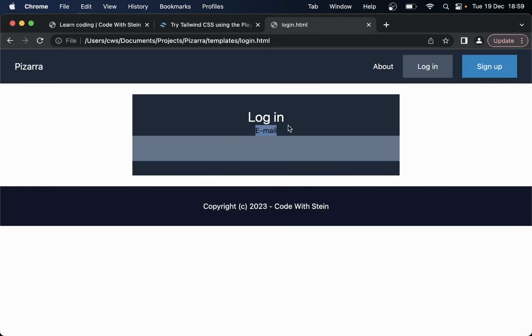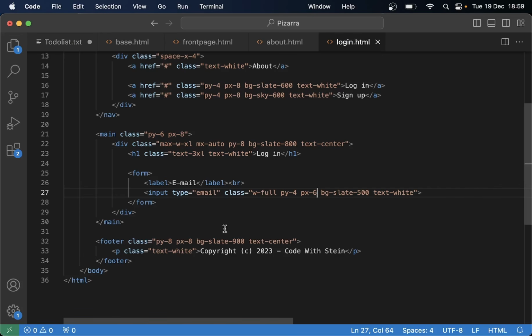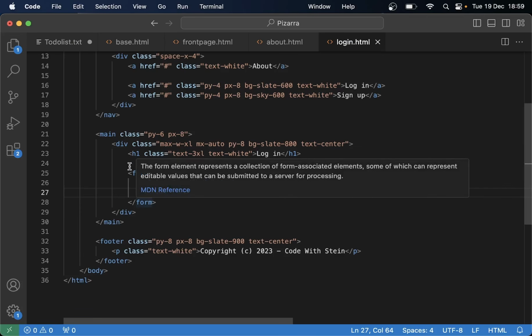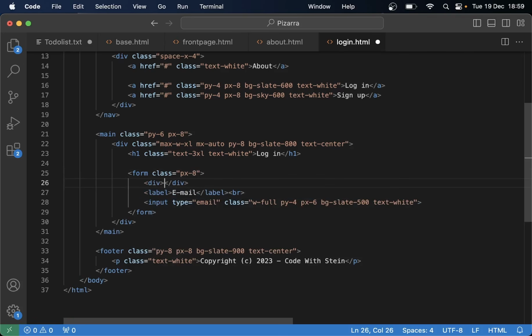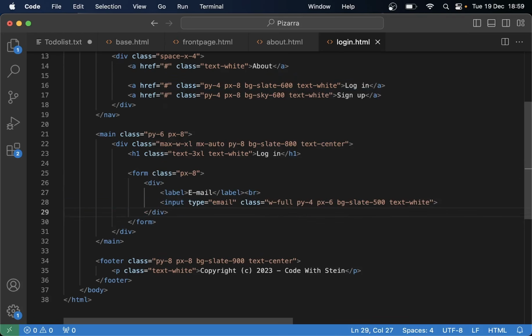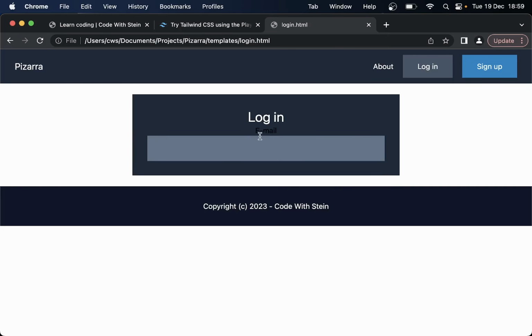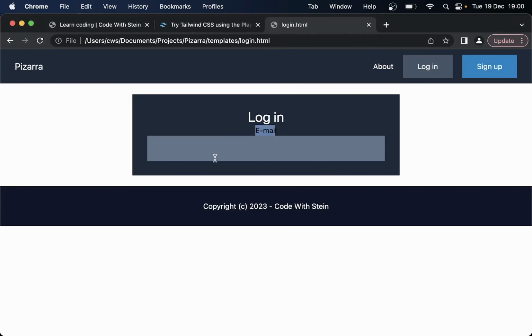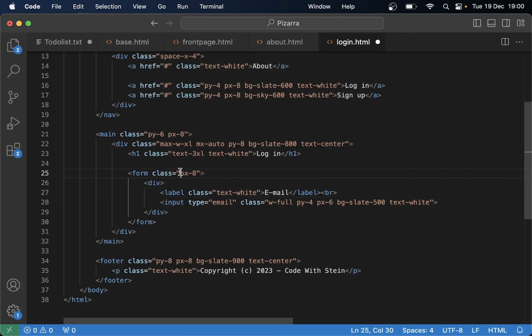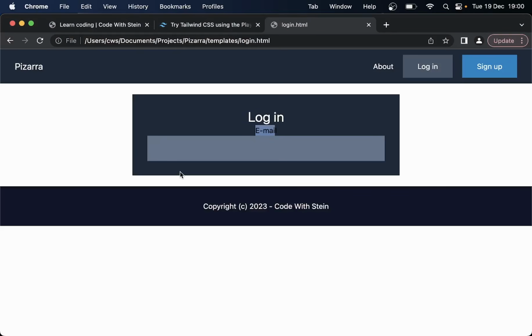Not good. You can't see this, and this was a little bit too wide. You can set some padding on this to separate it. Class px-6, no, px-8. And I also want a div for each of the elements or fields in this form. So close it, save and refresh. And then we need to make this white. So class text-white, and we need some space between these, so this form can have an empty -6 as well, and